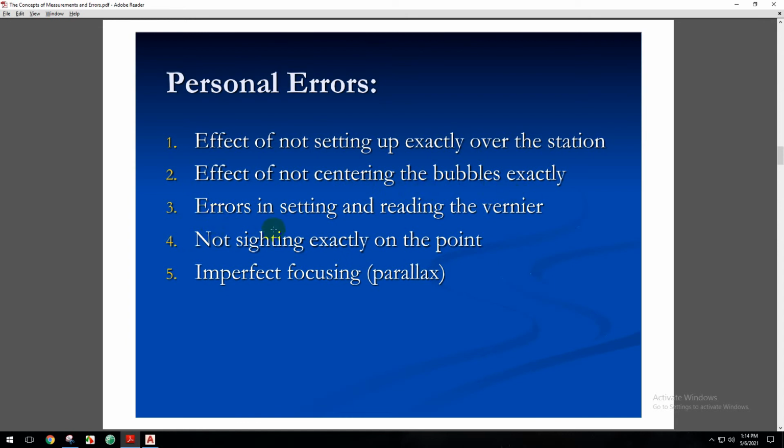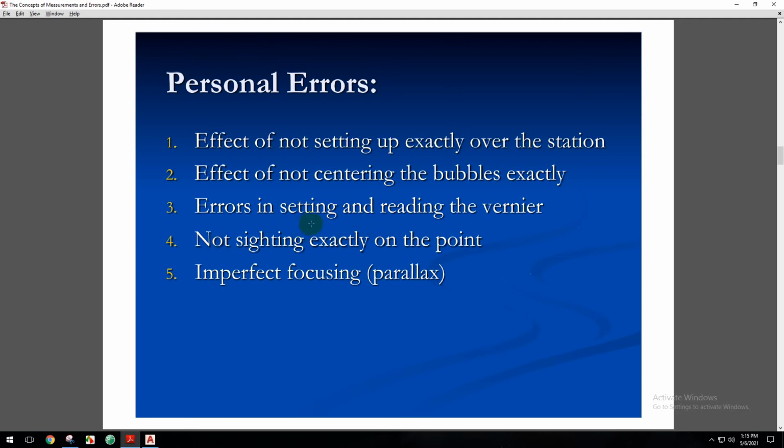So, number 3, errors in setting and reading the vernier. So, personal error, for example, mabasa kag 22.23, then ang imong gituo nga nabasa is 22.32 nga distance. So, personal error, katangahan na siya. So, mao nang i-double check nimo. Or, mas better, automated na tanan. So, automatic record dito sa laptop para wala na lista-lista, kung kaya sa inyo instrument.